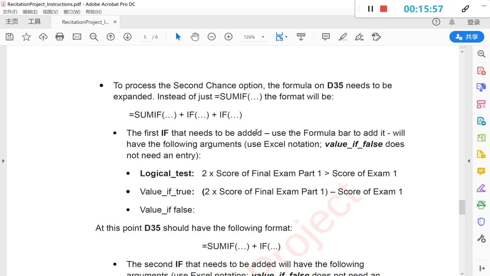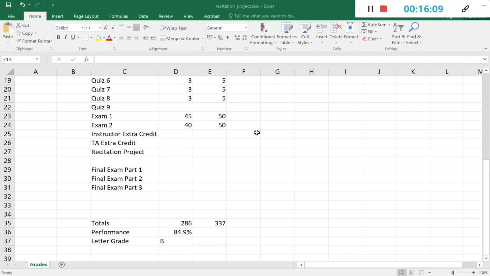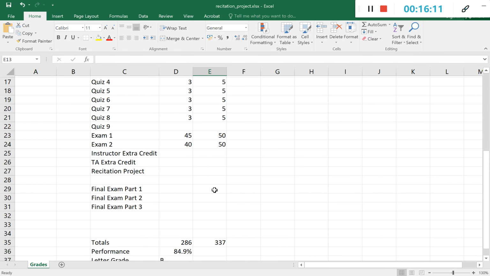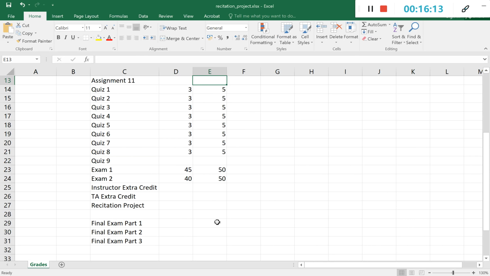I believe that in our previous recitations, I have already talked about the second chance option. The second chance option will work like this. For example, if you have got